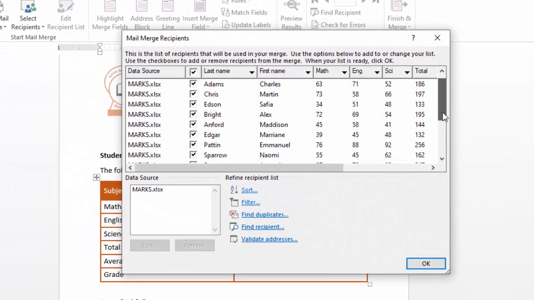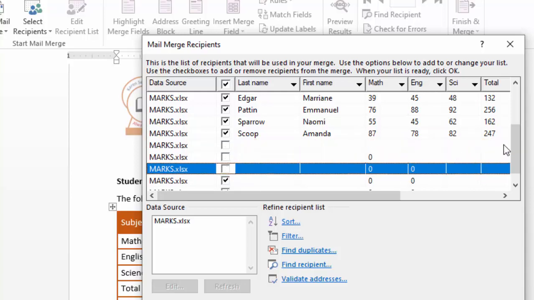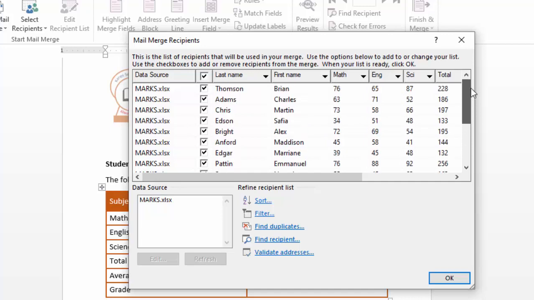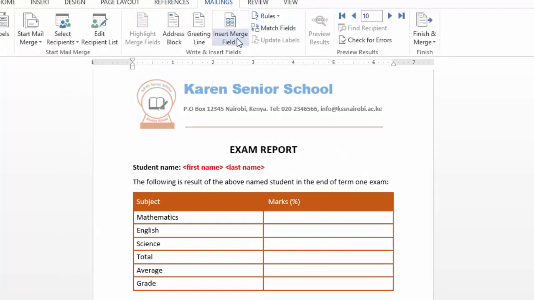Now you see there is a list of my students here, but these other rows are not containing student information, so I will just uncheck them to remove them from the list, so that whatever I have is exactly student information. Then I will click OK. Now you will see this part active. You just select the placeholder like this. Come to insert